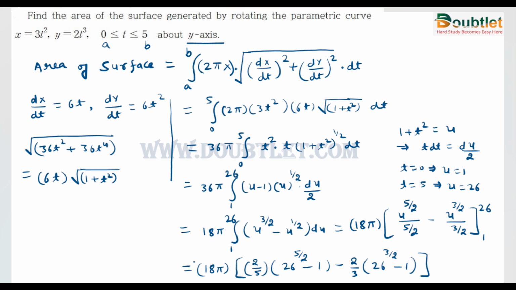So this is the final answer, and now we can solve this. If we want the exact answer in decimal form, we can solve it using a calculator. Basically we have to remember the formula of revolution around the y-axis, meaning to which axis the revolution is taking place. It may be the x-axis, the y-axis, or any other axis which can be inclined also, like y plus x equal to 3, maybe inclined at 45 degrees, or any angle theta to the x-axis. So this is the formula, and we have to be familiar with simple integration processes like substitution.